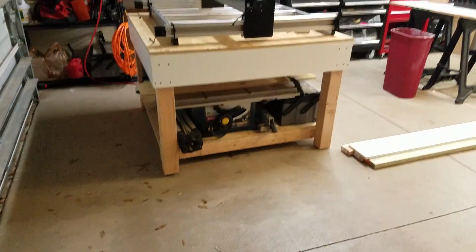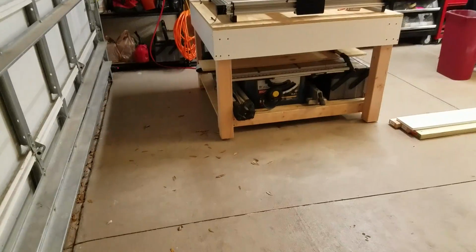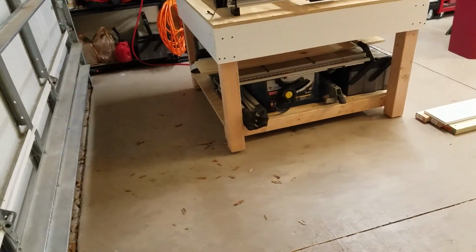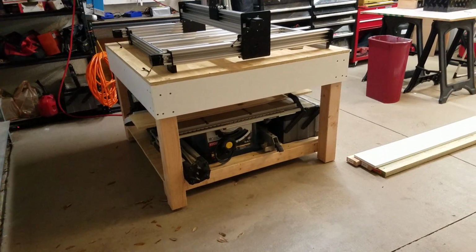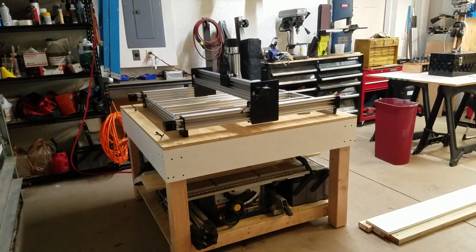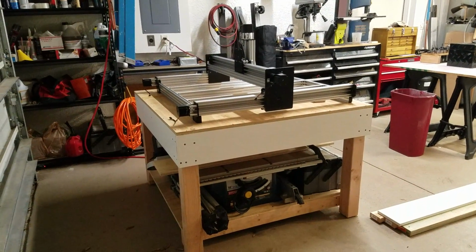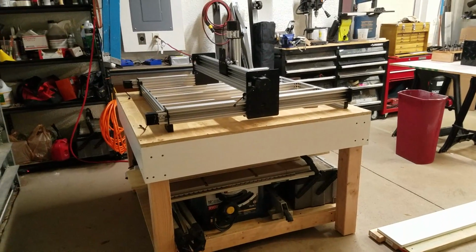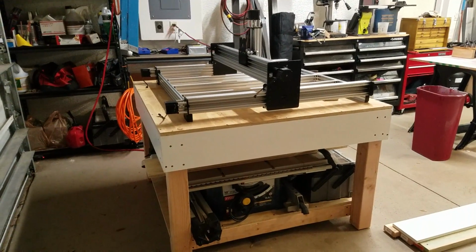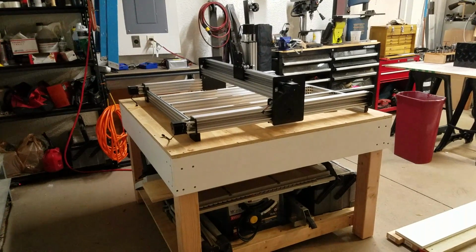I know garages have to pitch, right? Obviously you want the water to go out the door, so I get that. There's going to be a lot of pitch here, but the floor is just not really great here. There's high spots and low spots, and you can tell they're in a hurry when they build these houses here in Southwest Florida. Or at least they were in a hurry when they did the concrete work on this job, because the floors are not the most level thing in the world here at this house. But anyway,